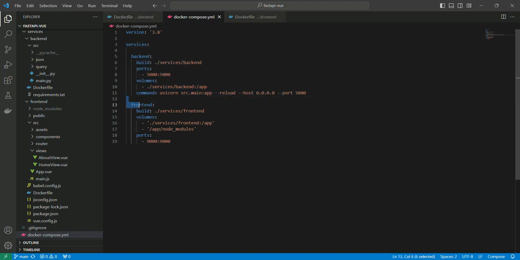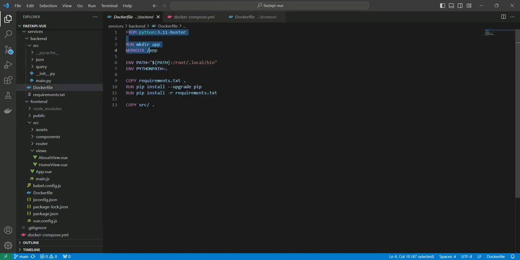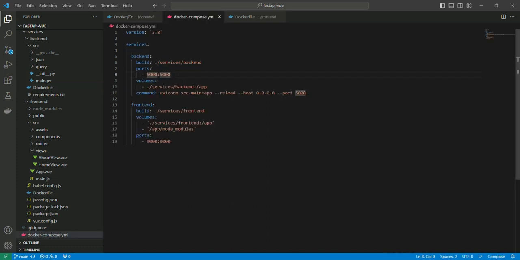So in this case, we have the container that is the backend, and the build tells the path where you can find the Dockerfile for that container, in this case the backend, and the ports and the forwarding rule we're going to use for all ports from the container to our local machine, the volumes we're using to help us to persist data. And in this case, we're running this command here